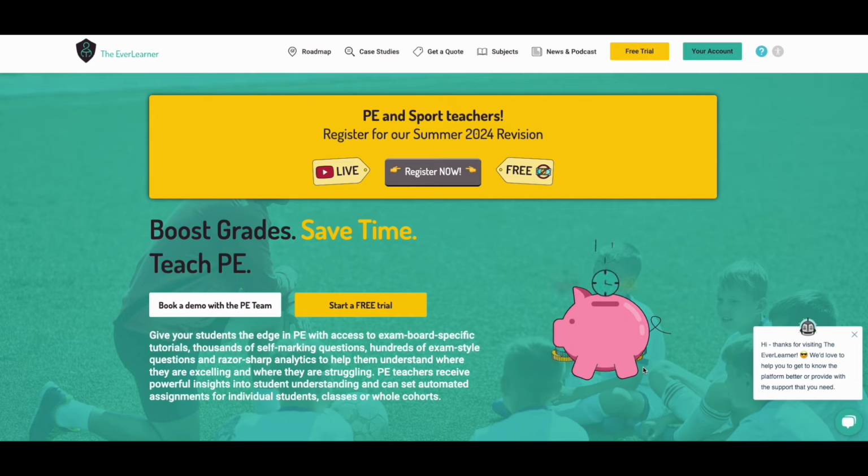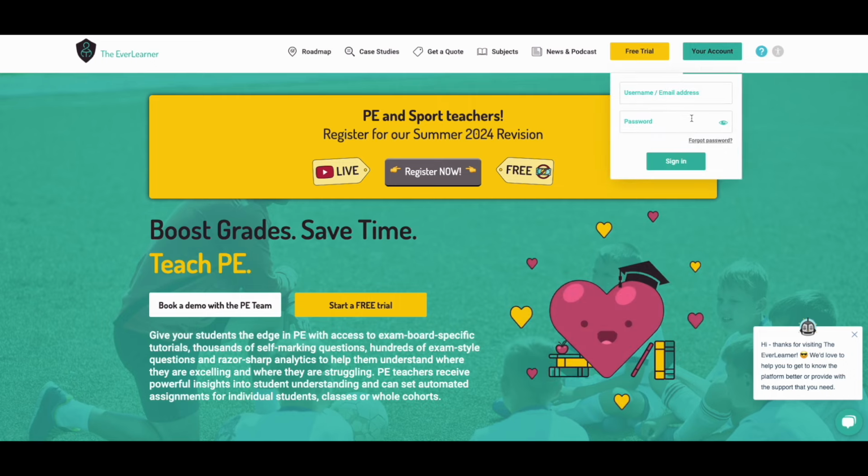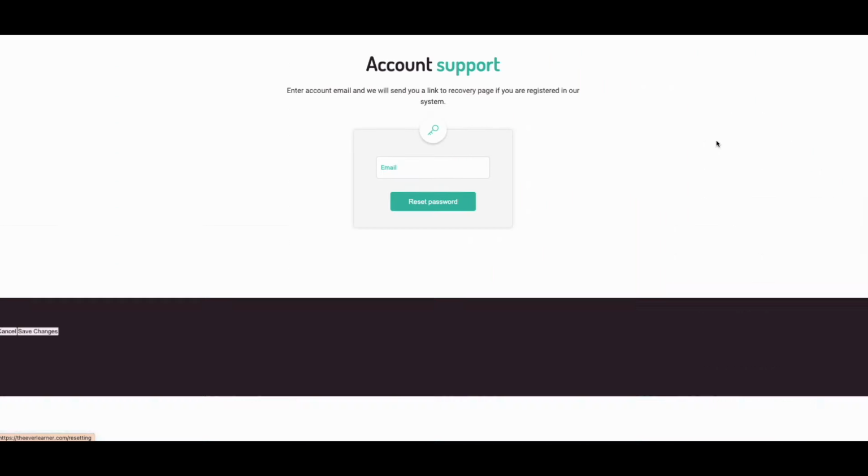So this is a home page that students will come to when they go onto the website. All they need to do to log in is to click the Your Account button at the top of the page, put in their school email address and their password. If they're not sure what the password is or they've forgotten it, they just need to click the Forgot Password